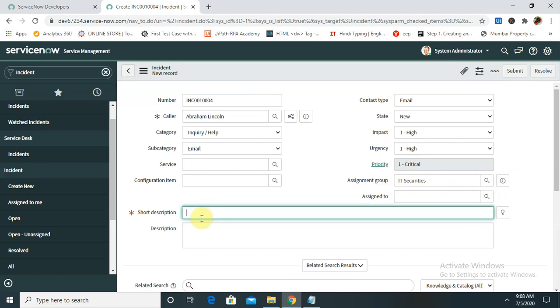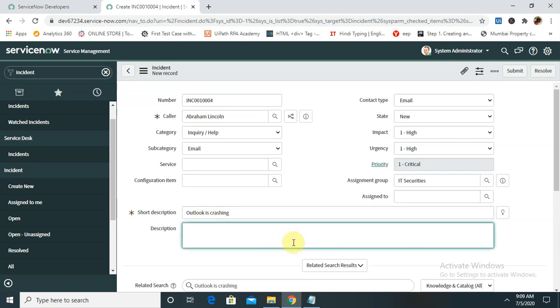Provide the title, so email, or you can mention here Outlook is crashing while opening.